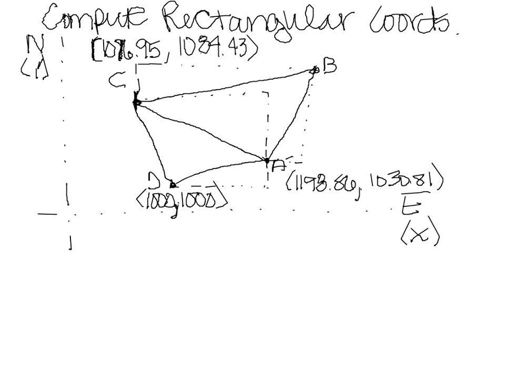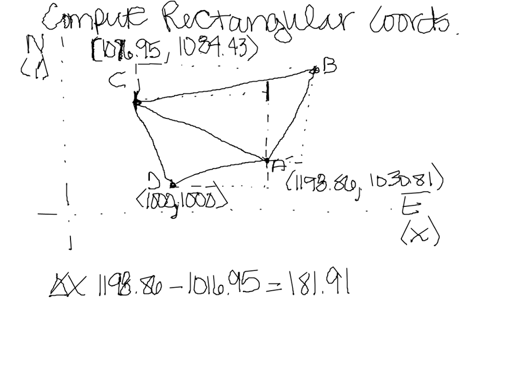And isn't the distance from here to here simply the change in our x coordinates, which would be 1198.86 minus 1016.95, which equals